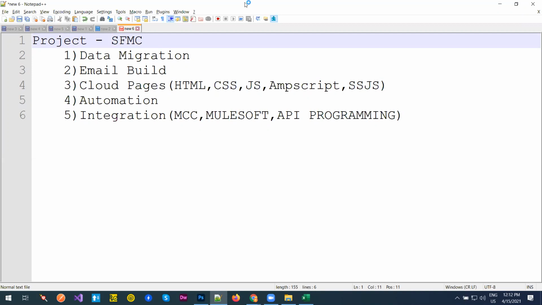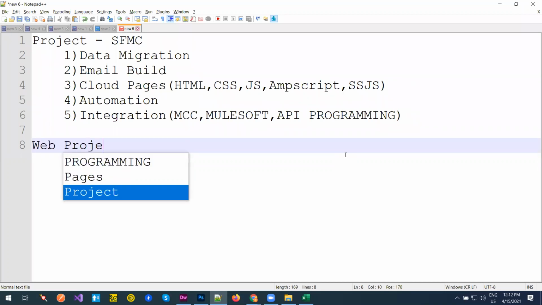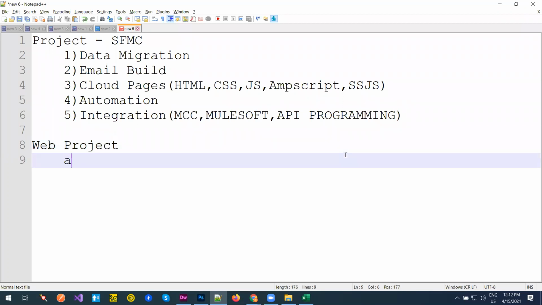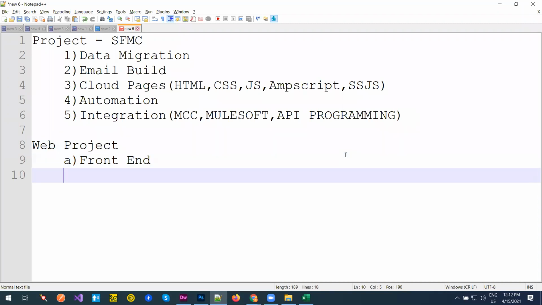So now let me go with this one. Let me pick one project, a general project, and how email should be embedded there. If you take any web project, I'm not talking about SFMC now, any web project, you will have three areas. One is called front end. You will have back end.